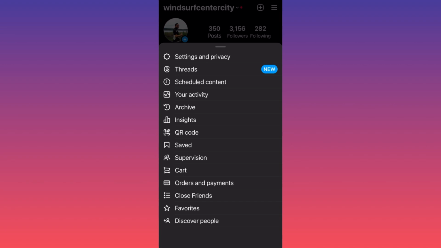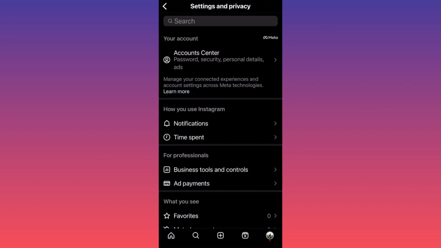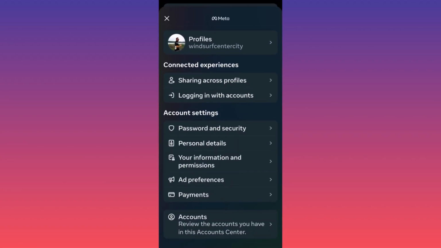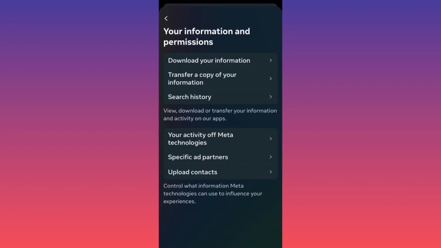Then next step is to click on settings and privacy, the first option. Then you want to click on account center. Then you want to scroll down and you want to click on your information and permissions. I understand Facebook did it so complicated. It's not as easy as if you try to do the same thing on Facebook. Now when you're on this menu, your information and permissions, you have to click on search history, the third option